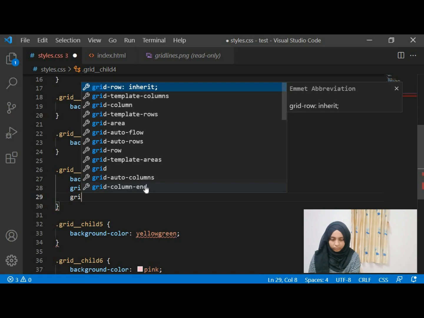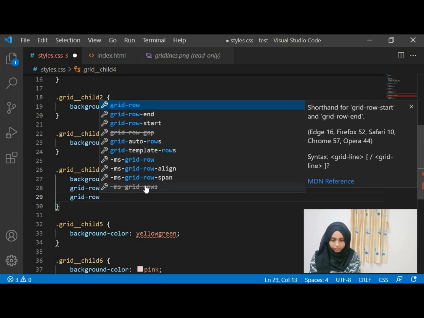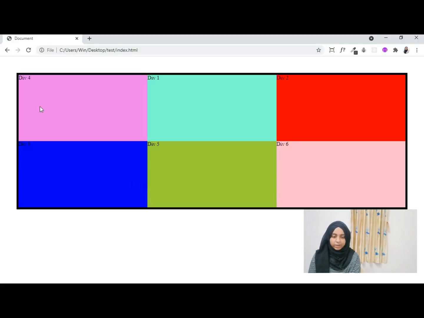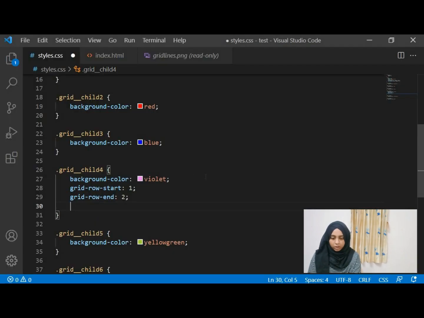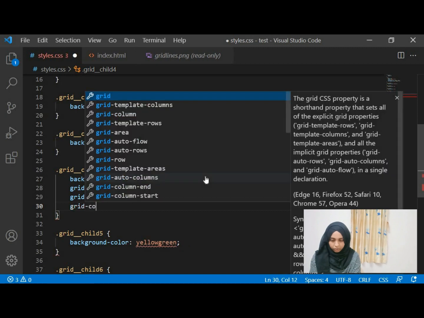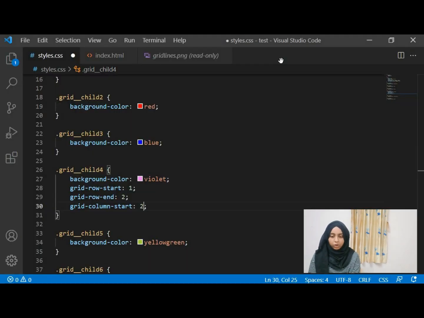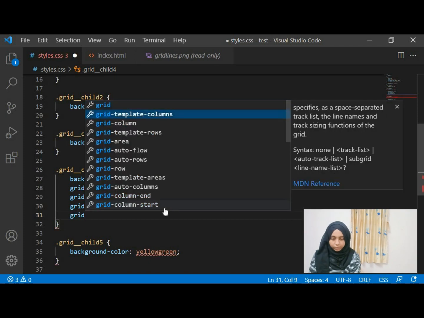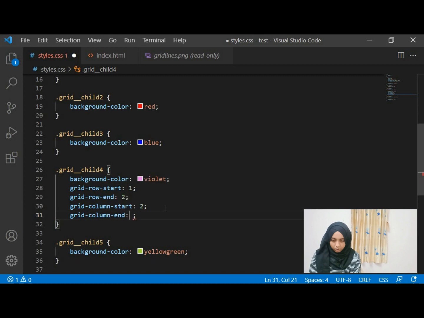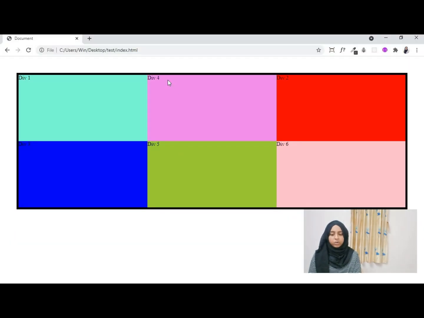So you can give it a grid-row-end of 2. Even if you don't give it, that's okay because it is already between the first and the second line. Now in the column you want it to be over here, in place of our second div. So here you can give it a grid-column-start of 2. This is our column line number 1 and then line number 2 over here, right. So you want it to start from line number 2 and you want it to end on line number 3, of the column lines 1, 2 and 3. So grid-column-start of 2 and you give it a grid-column-end of 3, and when you save it and refresh,